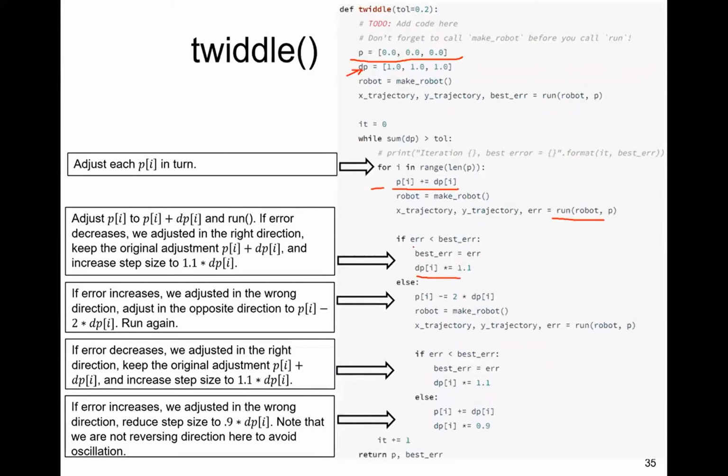Otherwise, if the error has increased after you made the adjustment, it means that you adjusted in the wrong direction. You shouldn't have done that. And then you reverse and adjust in the opposite direction by adding -2 dP. So you're stepping in the opposite direction, starting from your initial position, with the step size dP. So by doing this,